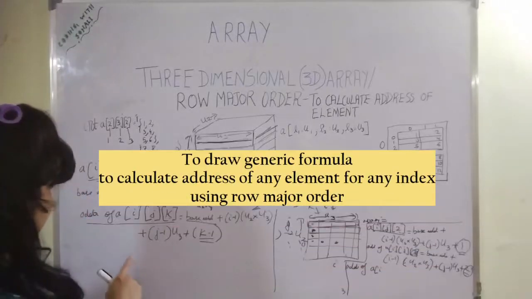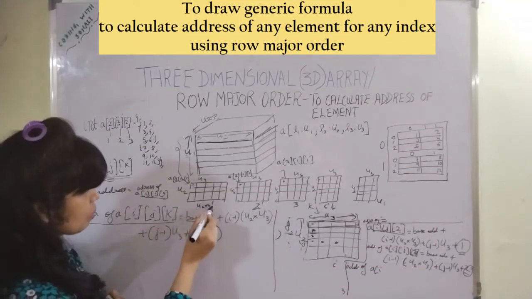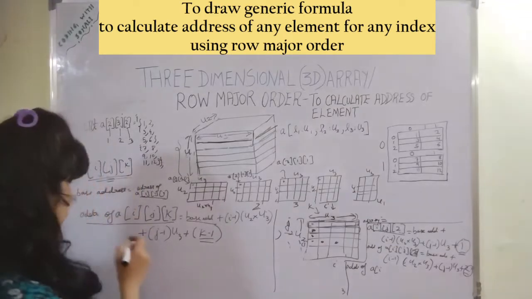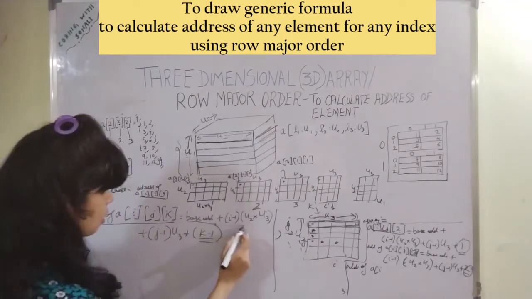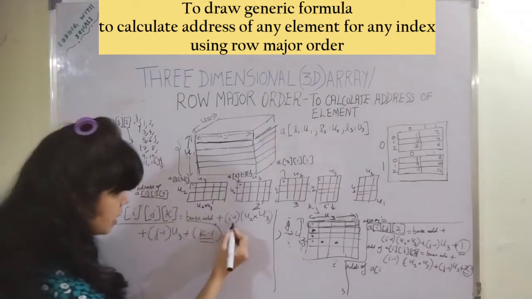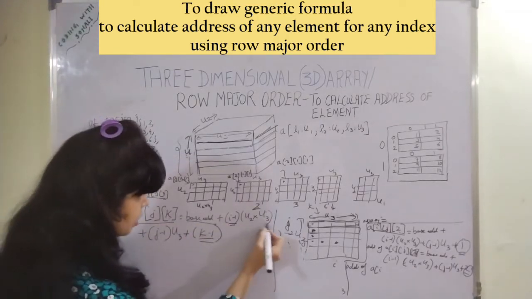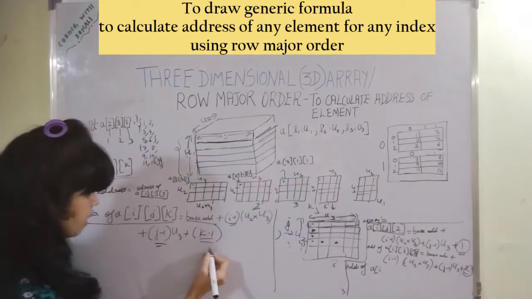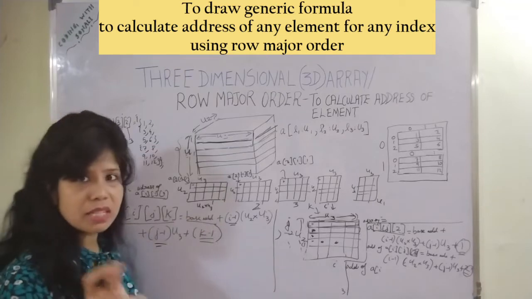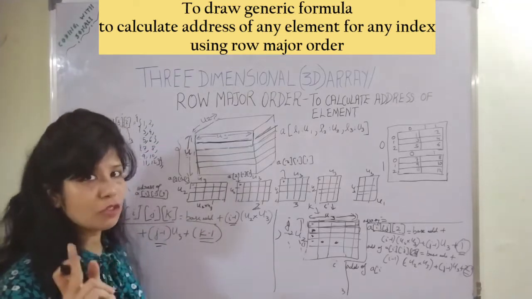So now you have seen that when the indexing starts from 1 for all the 3 dimensions, that is not from 0, this is the formula which you got. Actually, this is the address of that element, and you have seen that we are subtracting i minus 1, then u2 into u3, j minus 1, k minus 1. This is why we got this formula, because we started the indexing from 1, not from 0.